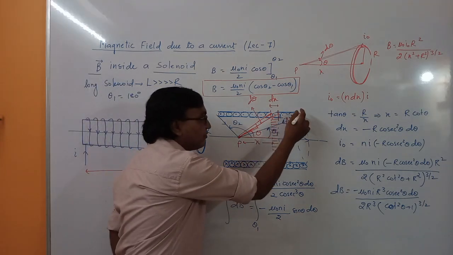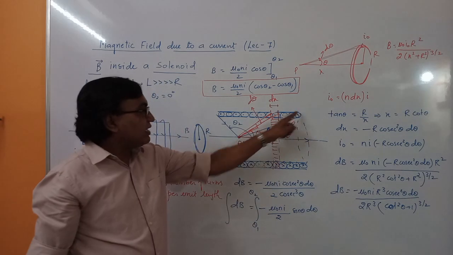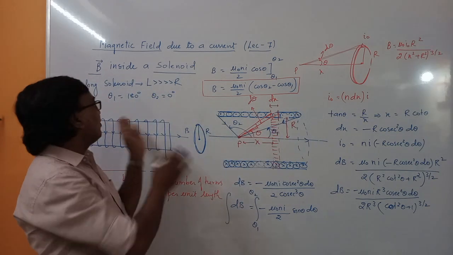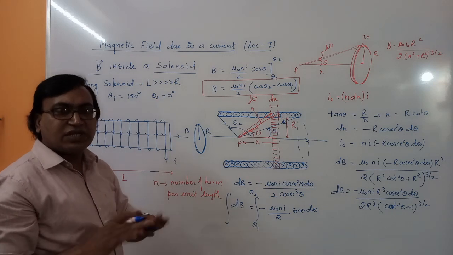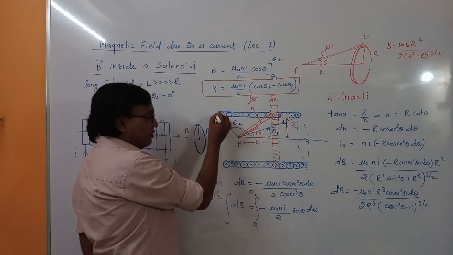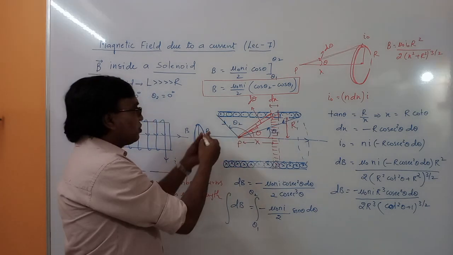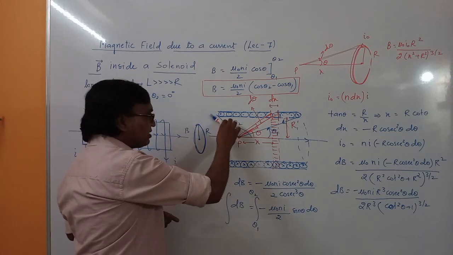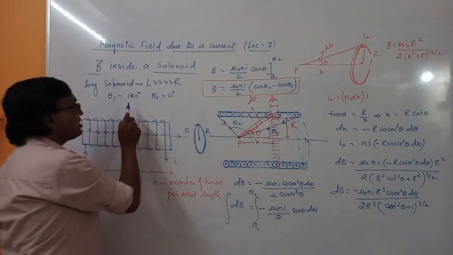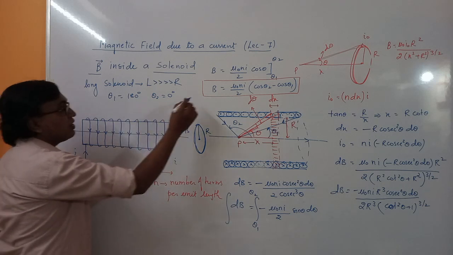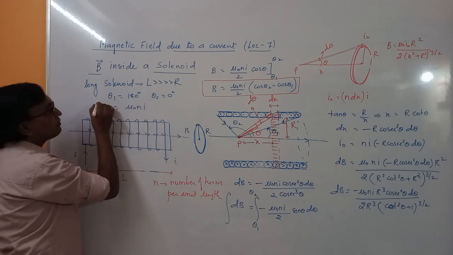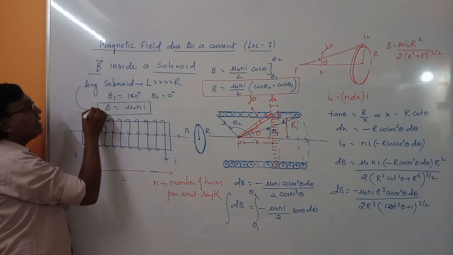Fine. See this line from a ring. We will take a position vector direction at point P. There is no problem, whatever you take as theta 1, theta 2, if you interchange them you will get plus or minus. And this line, from this ring, is towards this point P. When this becomes large, this line will become almost parallel to this line. So this arrow and this arrow are in the same direction. If one is 180 degrees, the other is 0 degrees. If you put this in the equation, you'll get B equals mu naught N into I. This is the magnetic field for a long solenoid.